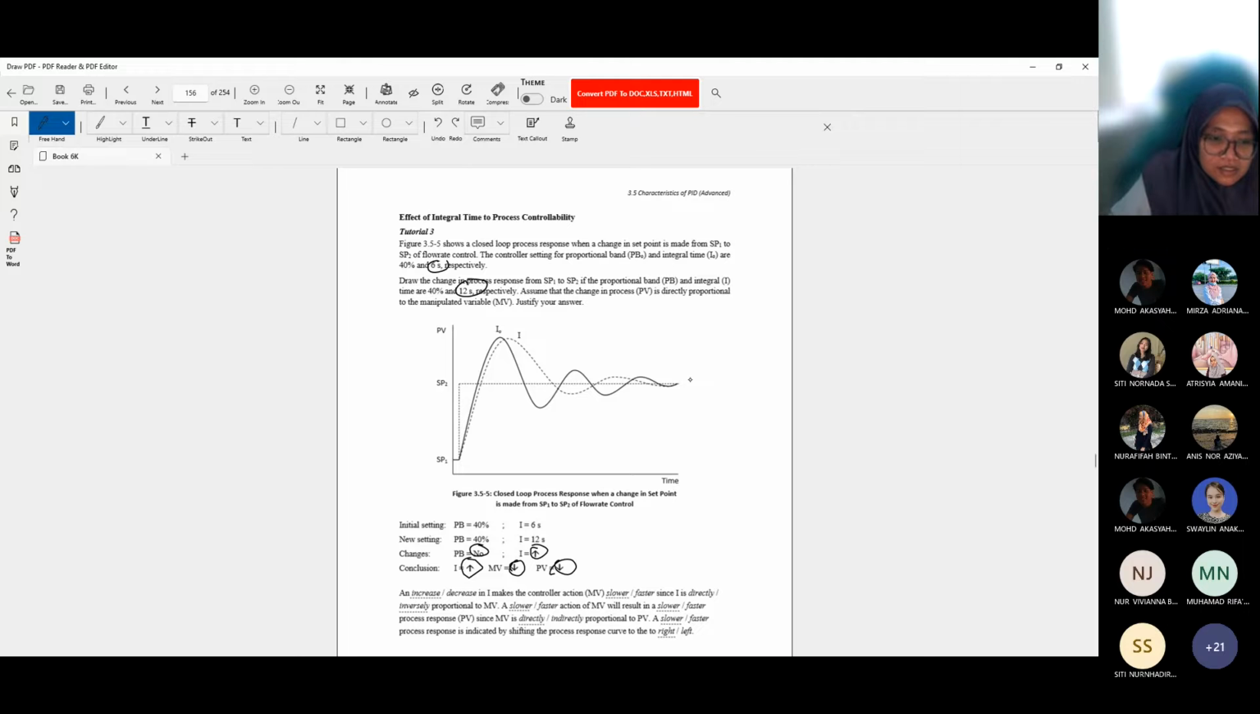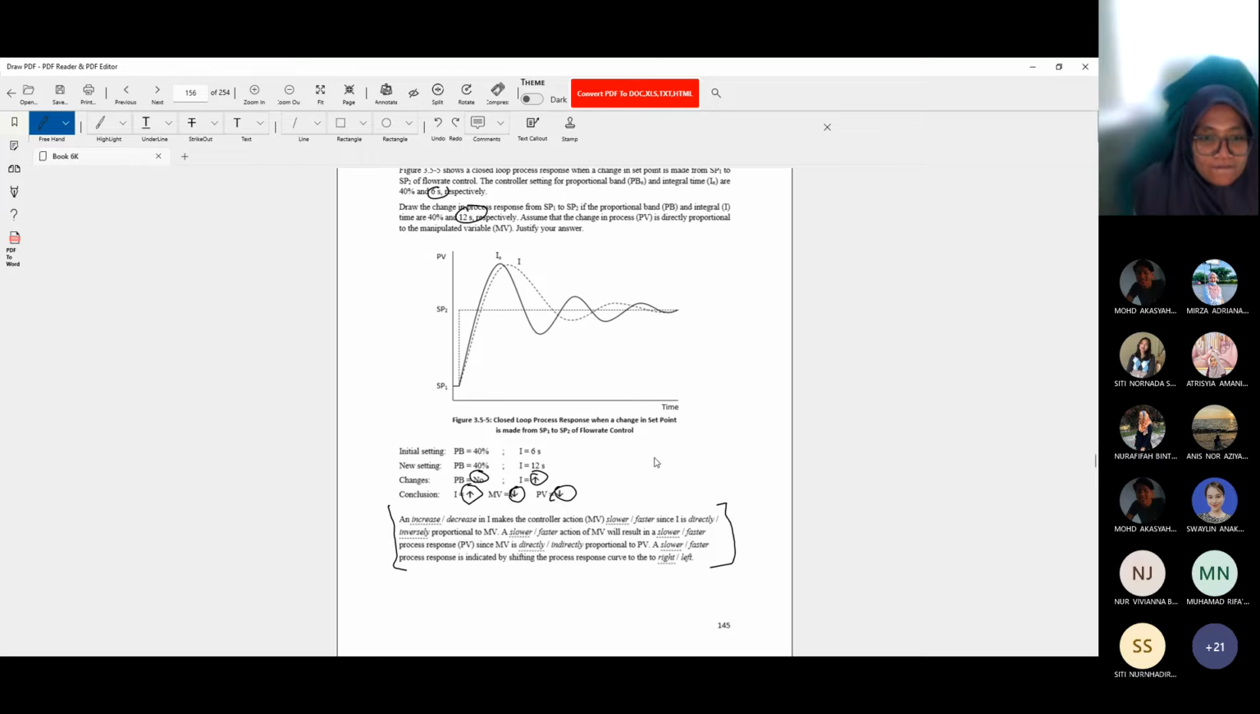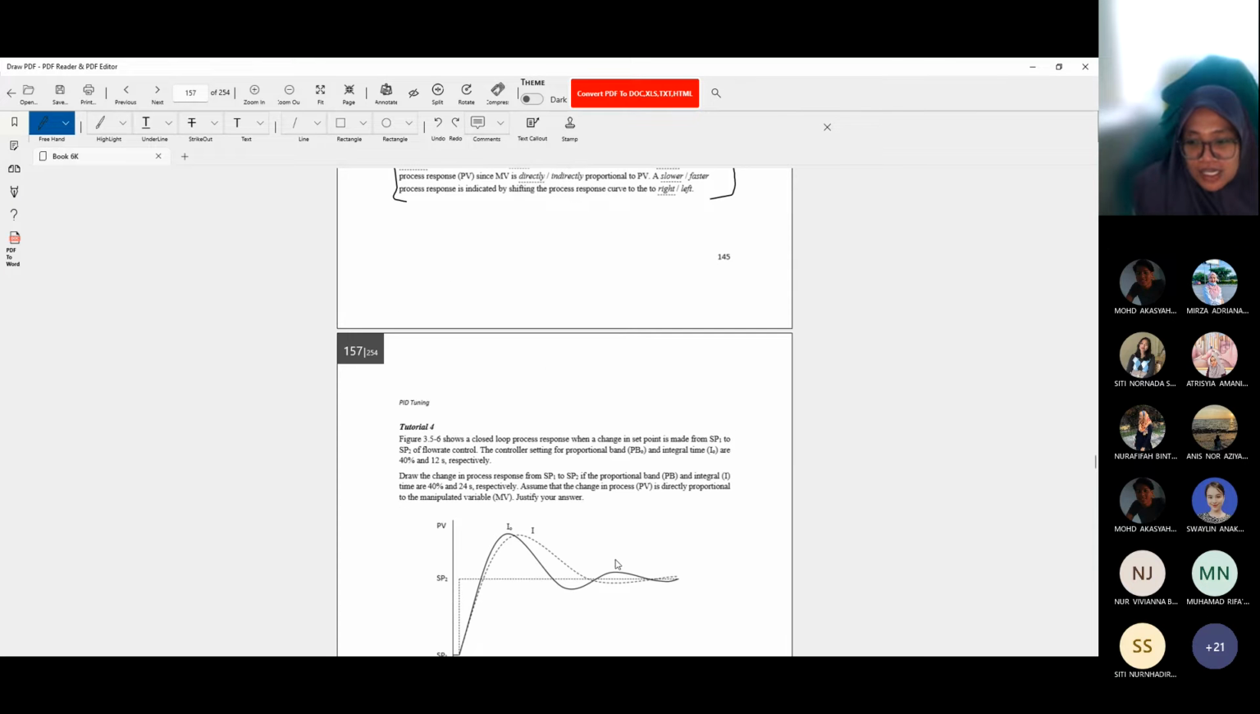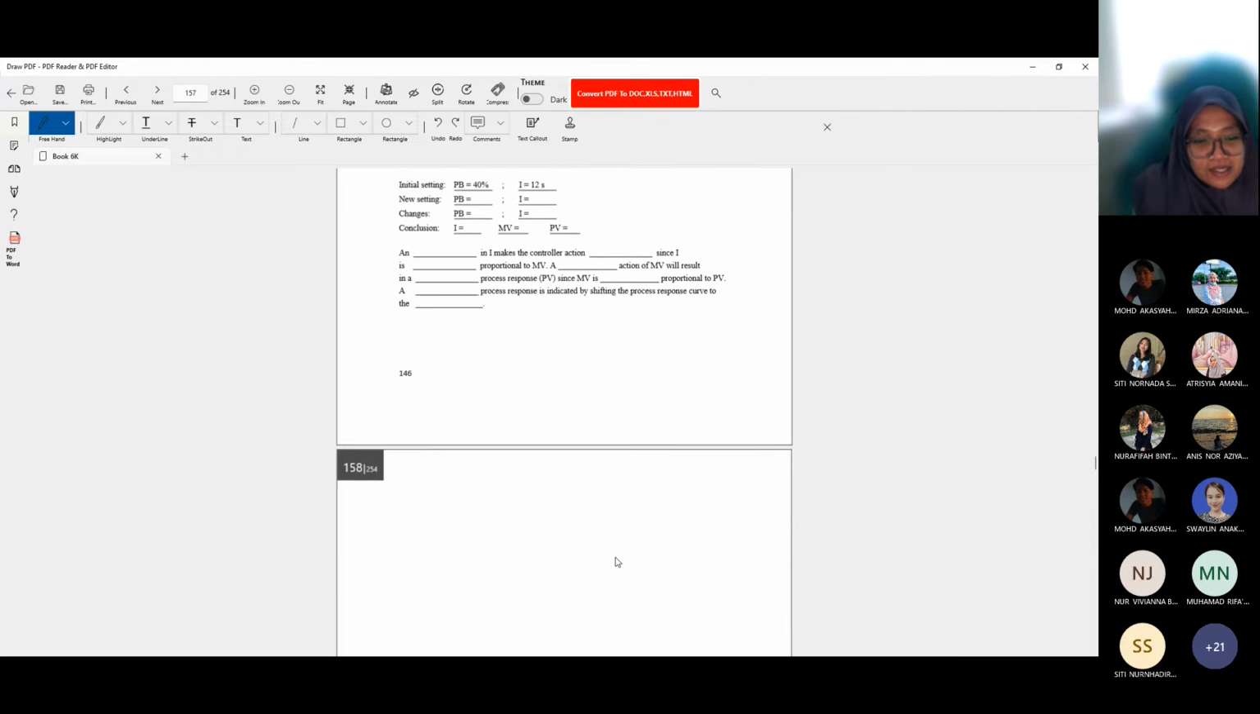So you can read this sentence lah. You boleh guna this sentence when you discuss about effect of integral time towards process response. Boleh? Boleh. Faham kan? Straightforward je ni. Kena I baca satu-satu juga. Faham. Okay. So the last one